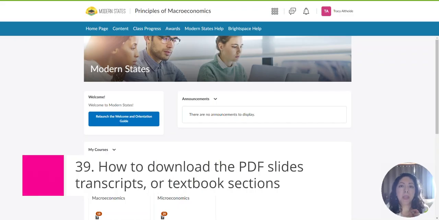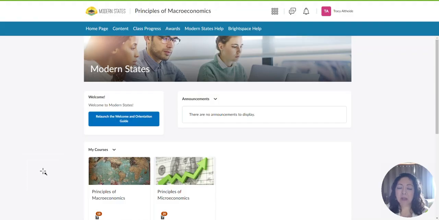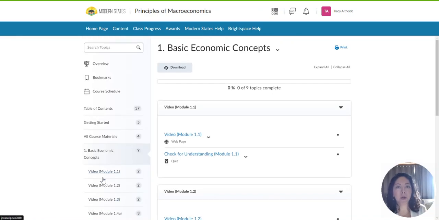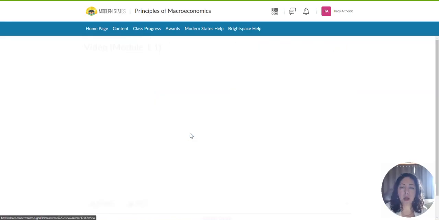Okay, slides. I want to show you how to download the slides and download the transcripts, or download the PDF, download anything that you might need for these courses. I know that some people are really good at working completely online, but if you're not, you and I are in that boat together, so I'm going to show you how to do that. I'm going to jump into macroeconomics, and for this example, I'm going to go into module 1,